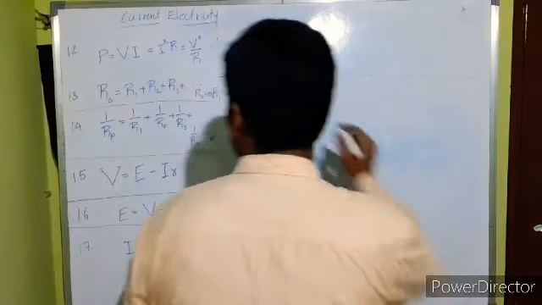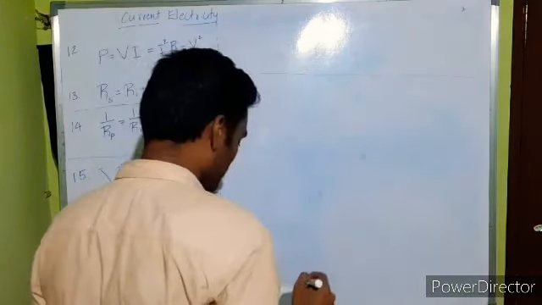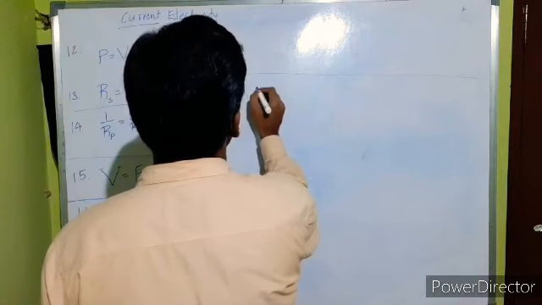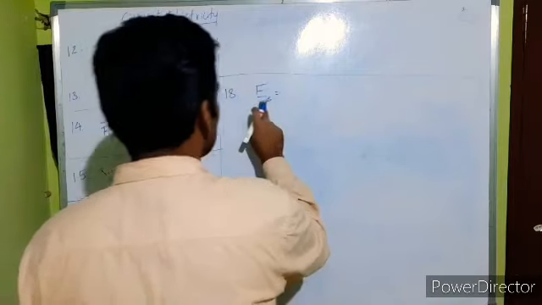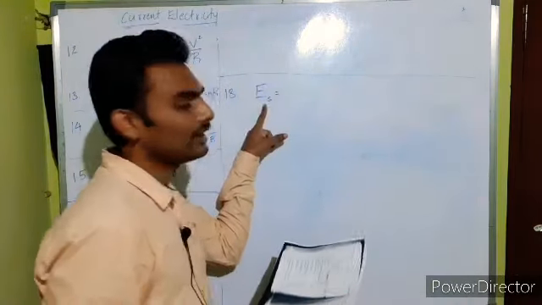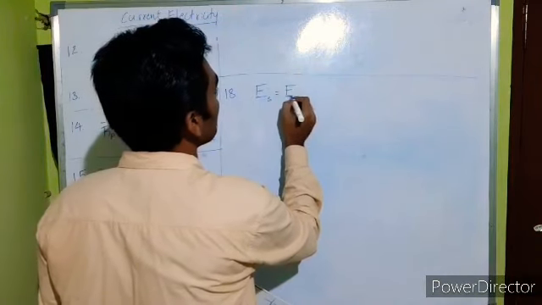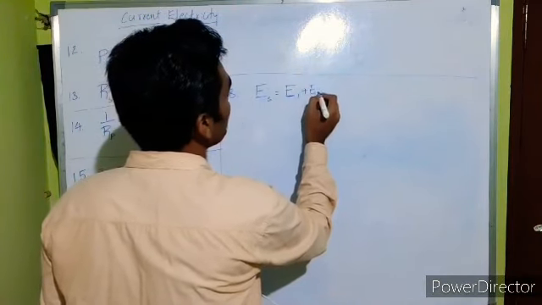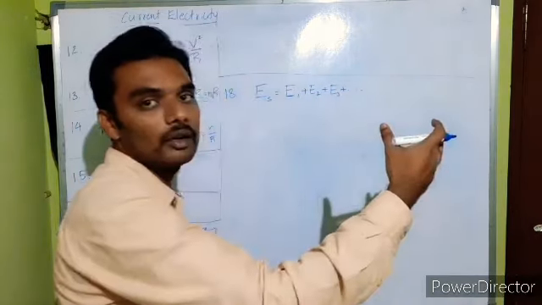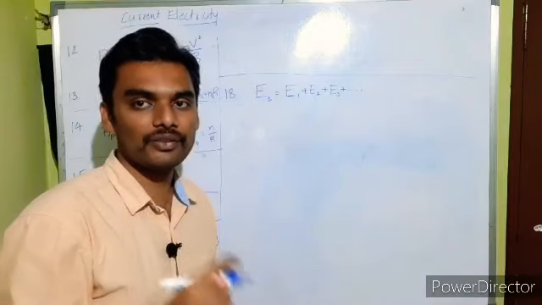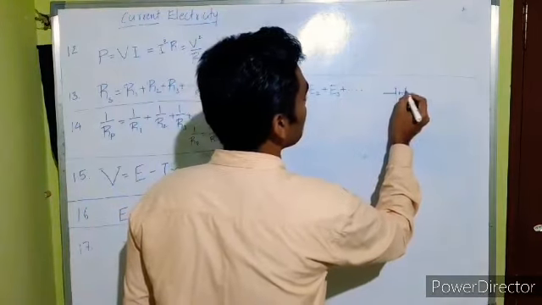And next we have combination of cells. Okay, when we have series combination of cells, effective EMF is given by, okay, E_S is the effective EMF of series combination of cells, which is given by E1 plus E2 plus E3 plus on up to n cells, for series combination. The combination looks somewhat like this,